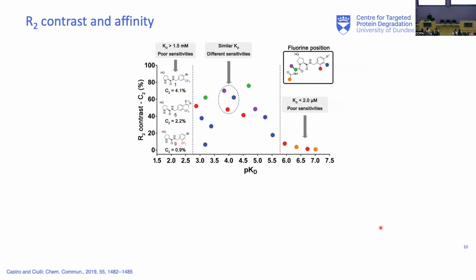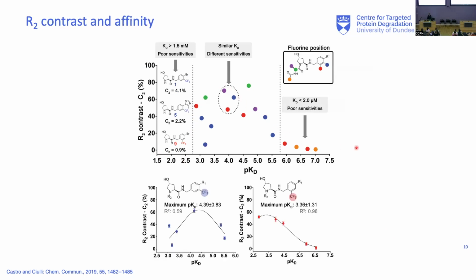When he plotted the R2 contrast he observed for these molecules against the affinities that we see, you get a bit of a bell curve-like shape that becomes a bit more obvious when you look at R2 within one series, where, not unexpectedly, very strong binders do not give high contrast. That's just because those have relatively slow exchange rates, and once bound, stay bound for the duration of the experiment. Only a relatively small proportion of the molecules actually engages the protein, and for very weak binders, we also observe very small contrasts, since these